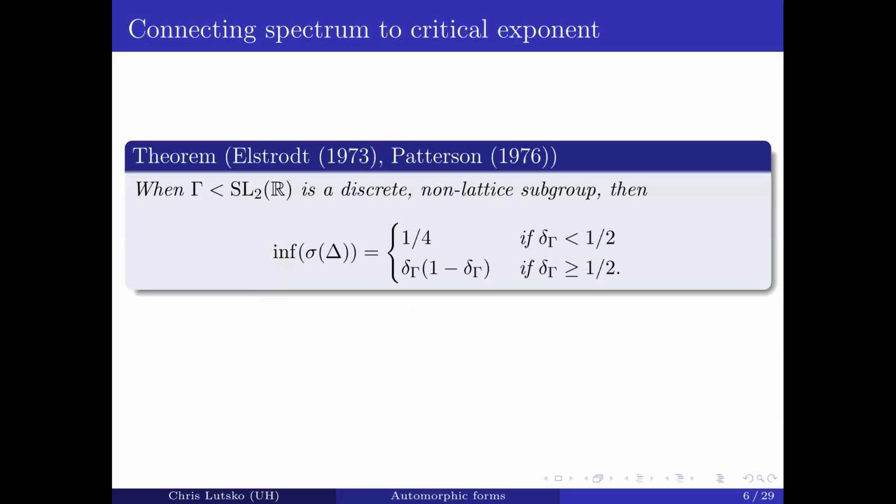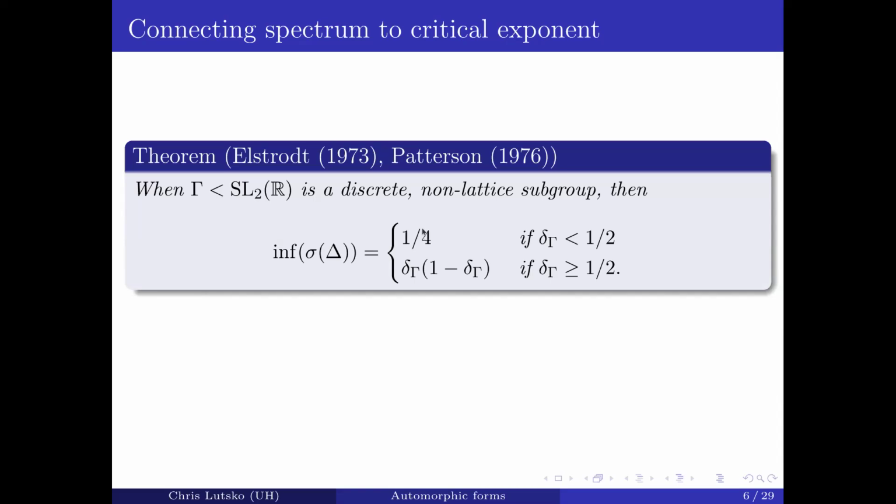So what do we know about the spectrum of non-lattice subgroups? Well, the first thing is we know that there's no base eigenvalue at 0 because that comes from the constant function, which is no longer an L2 function. Instead, we have this remarkable theorem by Elstrodt and Patterson, which tells you that the infimum of the Laplace spectrum is either going to be the continuous spectrum,